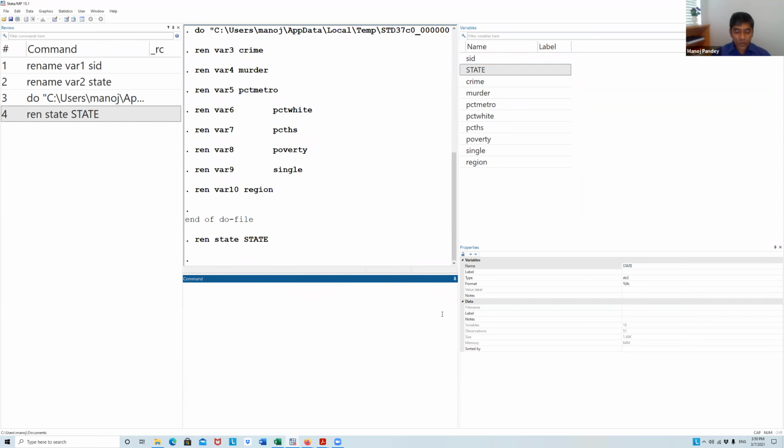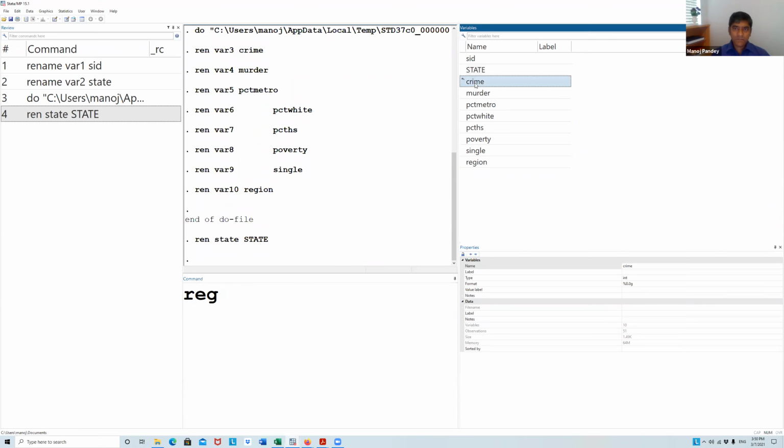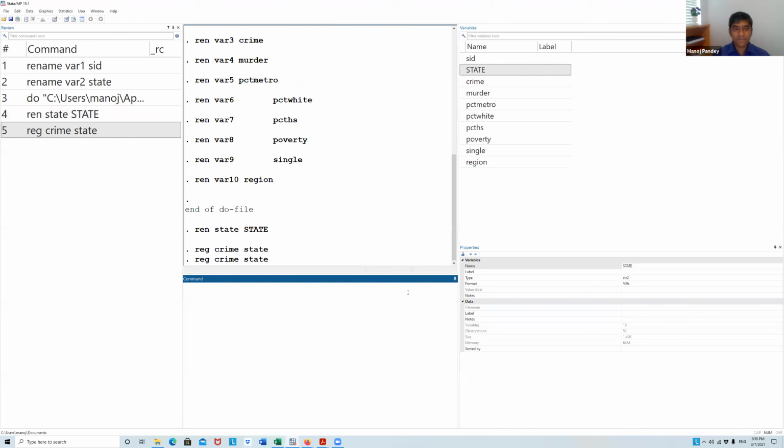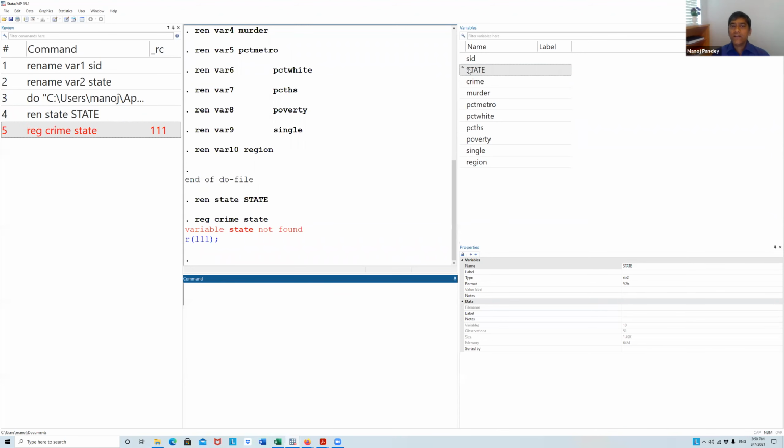But when you write some command like, let's say reg, yesterday you learned regress, crime over state, if you write small state, it will not take it. So let's make sure that we always work with one case at a time, but preferably with a smaller case.